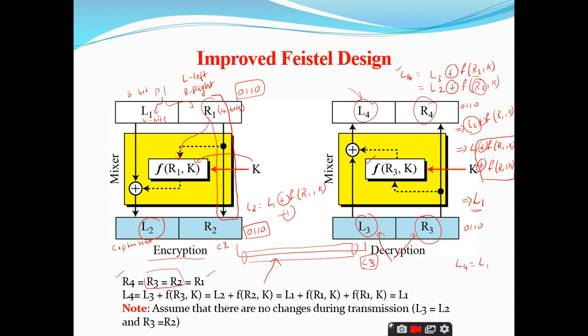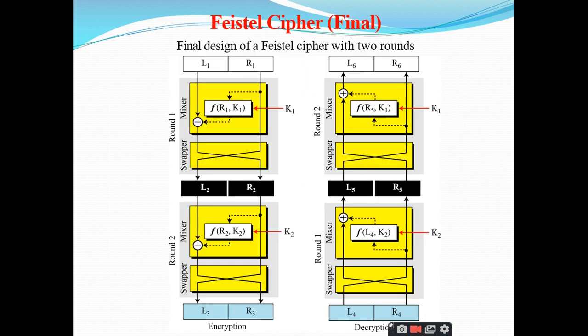So, for this purpose he has included one more component, a very simple component. The same design has been taken, the final Feistel cipher design. This is the final Feistel cipher with 2 rounds. The plain text is taken and divided into 2 equal parts, L1 and R1, and key K1 is given to a function. That means you are defining a function with R1 and K1, and that is XORed with L1, and this R1 is passed to the swap function.